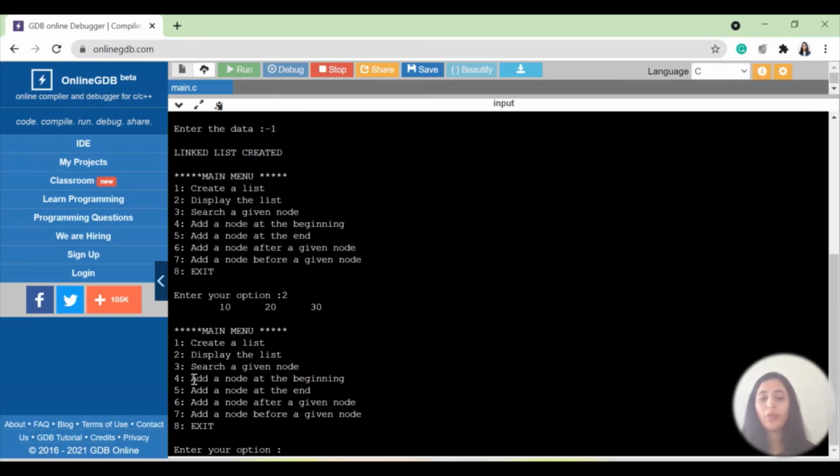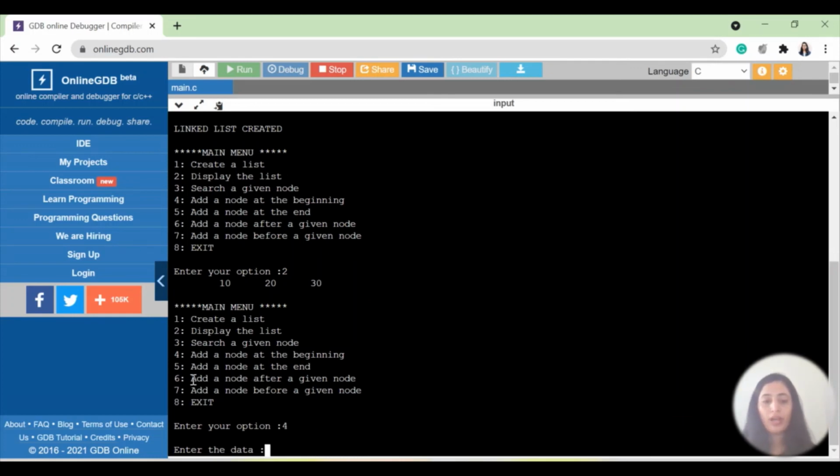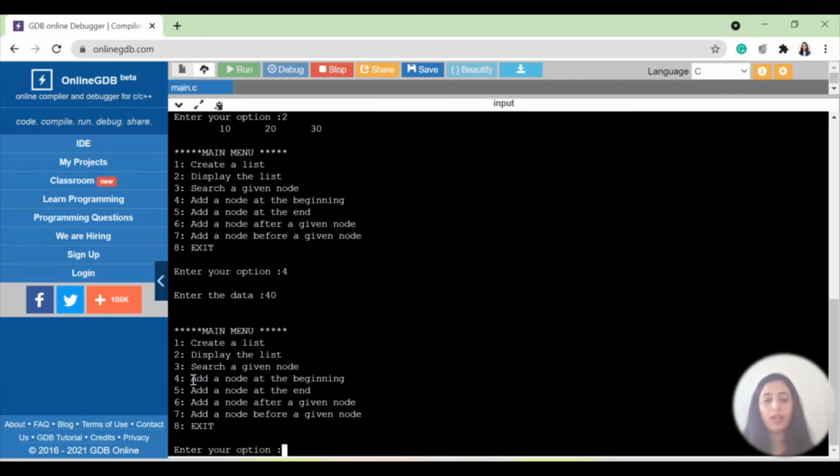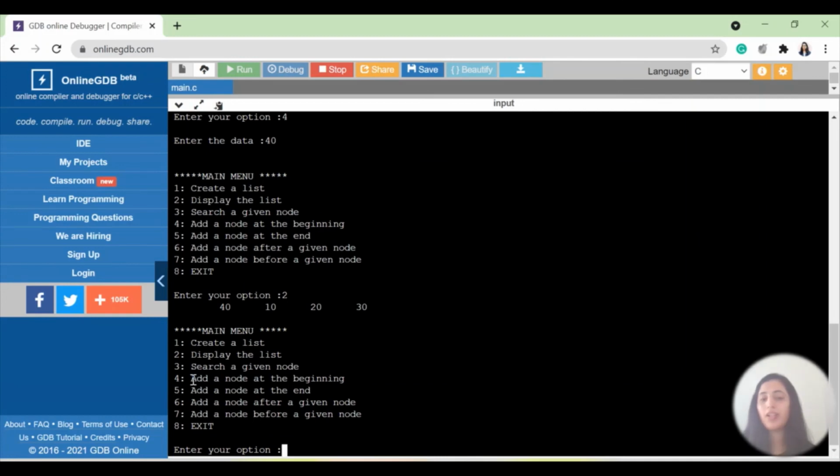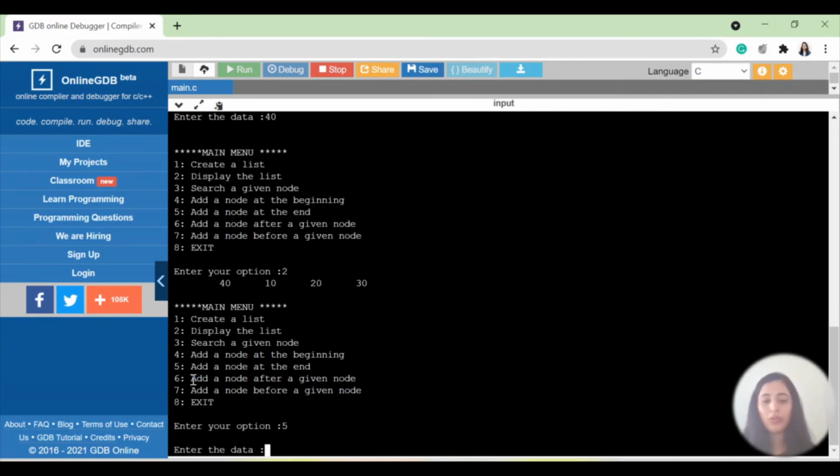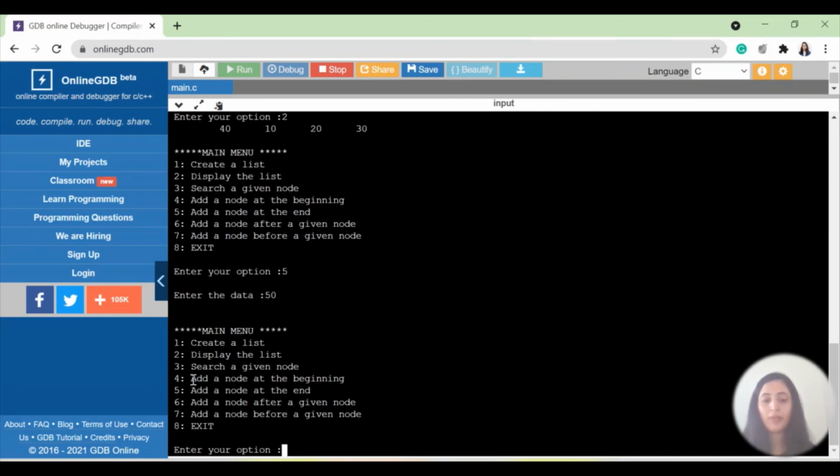I'll first go with option 4 and add a node in the beginning. So option 4 and add a new node 40 in the beginning. So now I'm displaying. So I can see 40 is added in the beginning. Now I go to option 5 and add a new node at the end. At the end, say for example, I'm adding value 50.